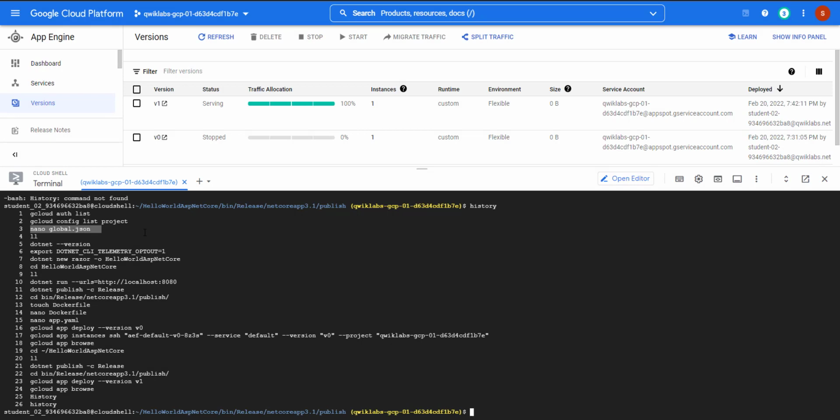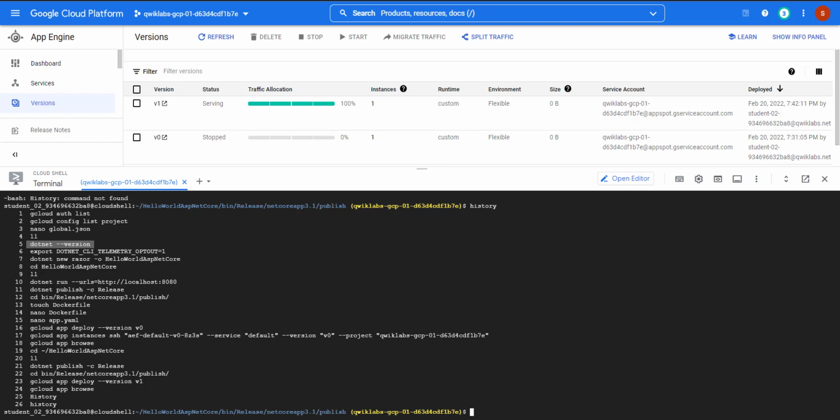By default, Cloud Console already provides .NET, so you don't need to worry about that. To check the .NET version, this is the command: dotnet --version shows which version is up and running in our Cloud Shell. I have already created a sample application here.